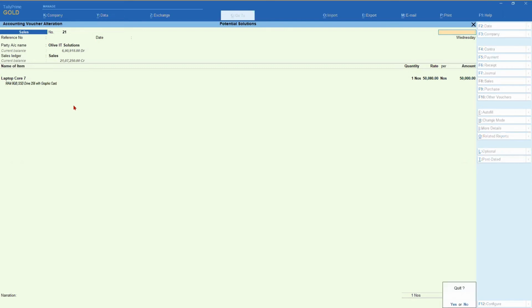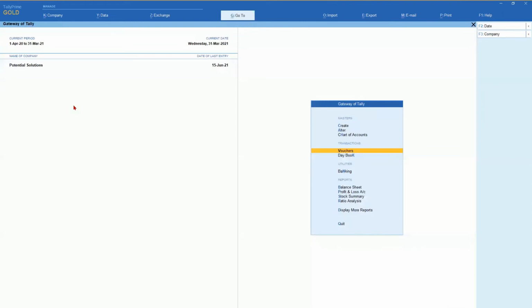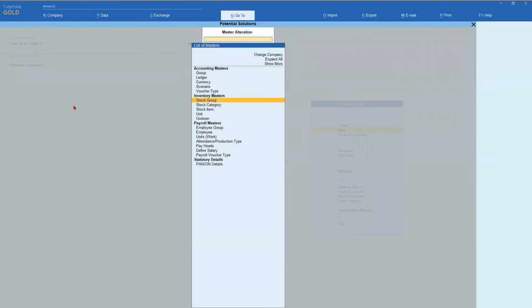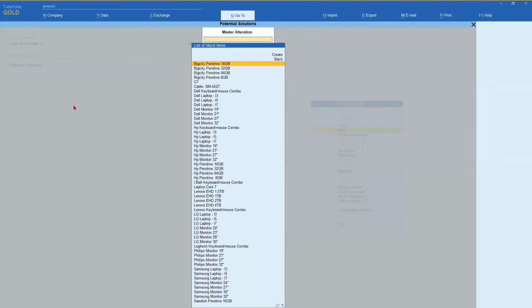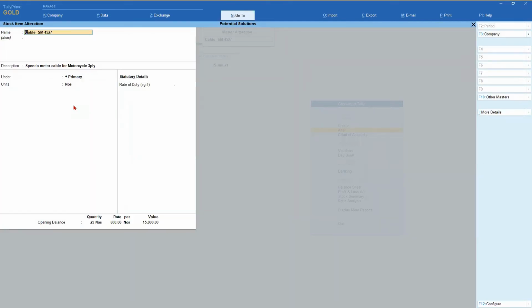So let's come back here. Now again, I have created another item. Let me just show you. Alter, I go to stock item, and then I'm going to type here cable SM4527. Now this is the name of the item the manufacturer basically has created, and it becomes easy for me as a dealer to handle these items based on the manufacturer's name.